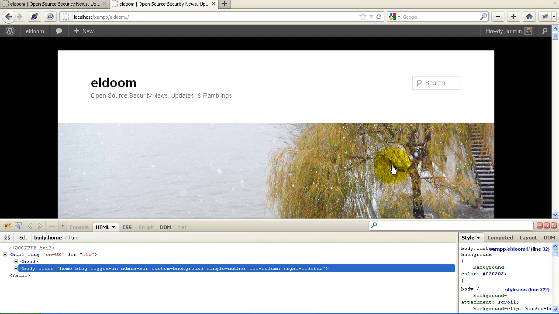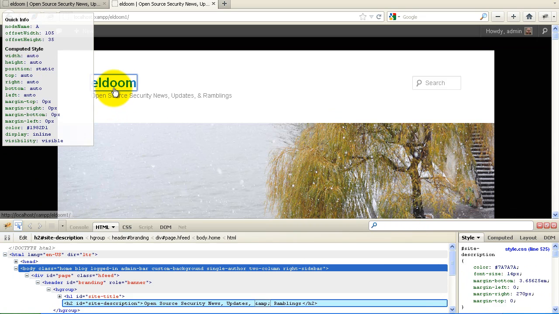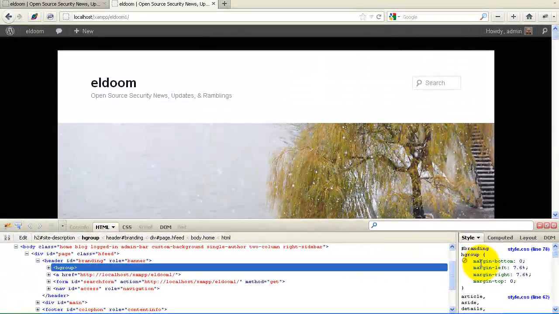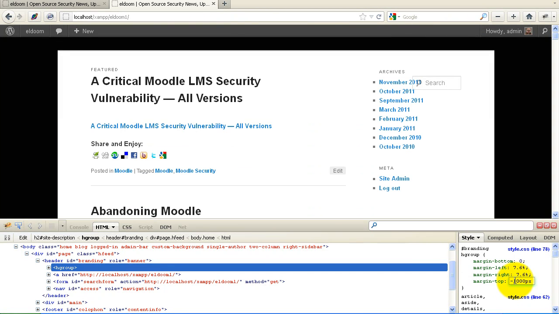And I use Firebug a lot just because I can look at the changes here in my browser, see that they work, and then copy them and put them in my style sheet. So we'll do this and come up, and now there's this branding H group set here. So we could come here, and instead of having to individually take out the title and the description, I can go to the H branding group and set the top margin to minus 1,000 pixels, for example, and